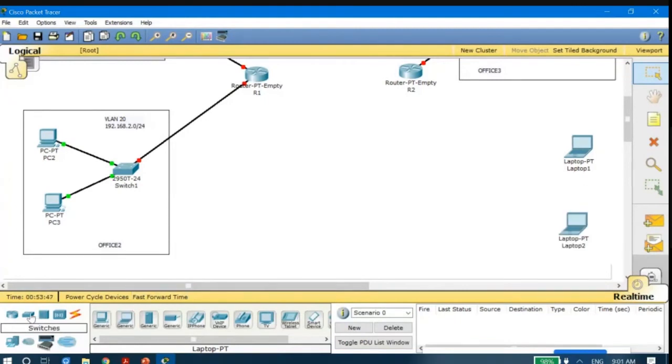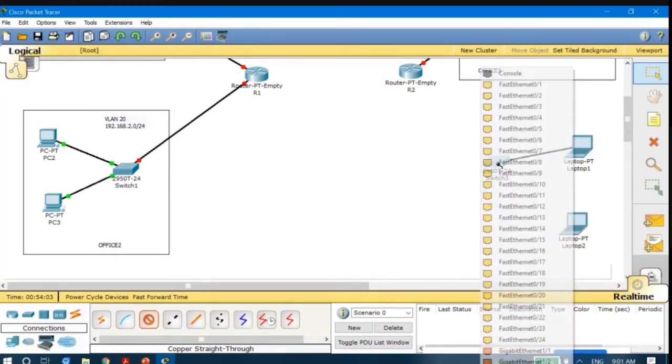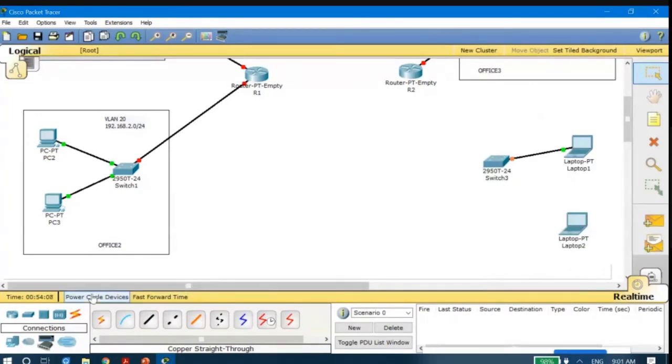Again, I will add a switch, a 2950T. Then I will connect them.